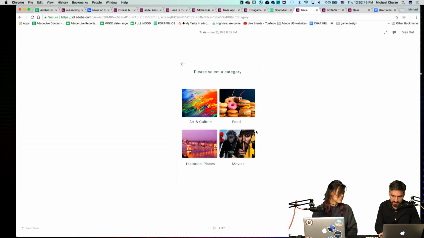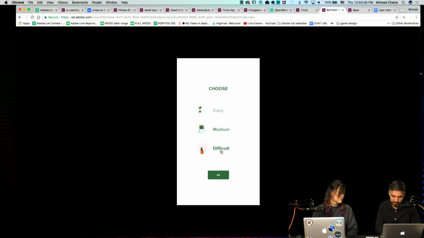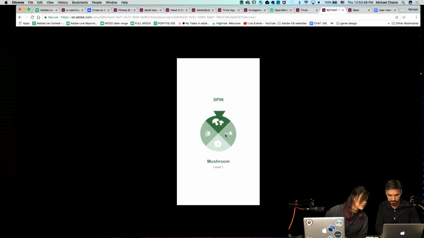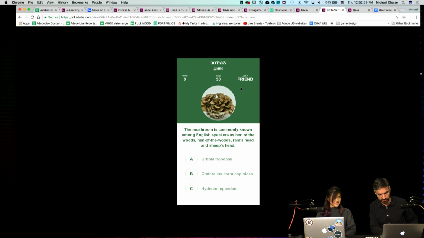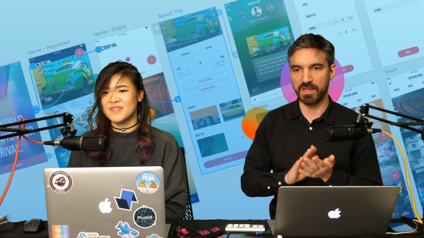So this concept, and there was the botany one, which has been refreshed. Yeah, this one is also really nice looking, and I love this spinning wheel thing. So which one? Let's go with the botany one. Let's do it. Cool. Congratulations to the designer behind the botany app. These are really fun. Good job, everyone. Yeah. It was so good.